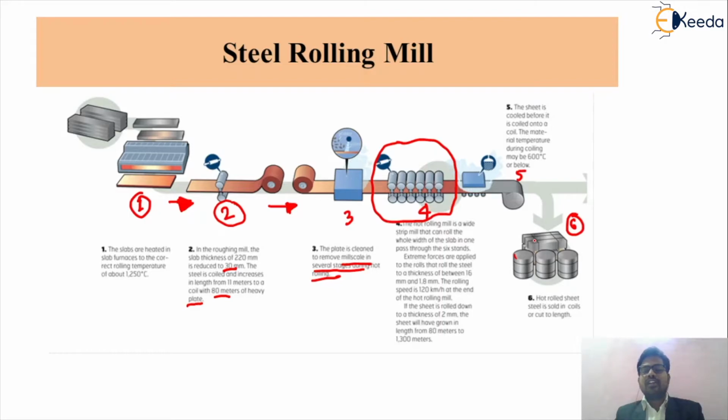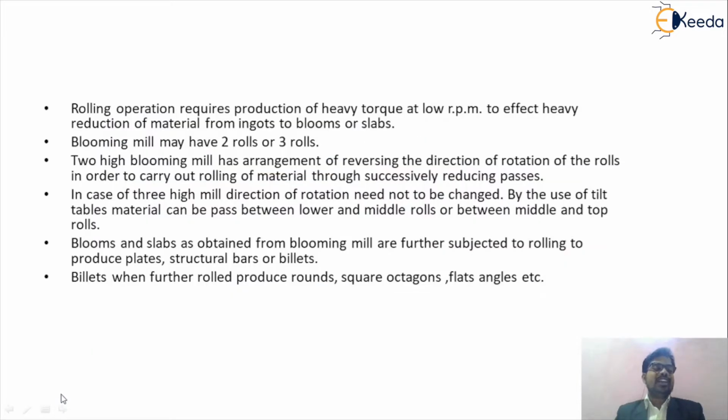Steel is sold in coils or cut to length. So this is the manufacturing process of the steel rolling mill. I think we have now understood the steel rolling mill in detail. Now we have to look at the different types, so this is the actual process that we had